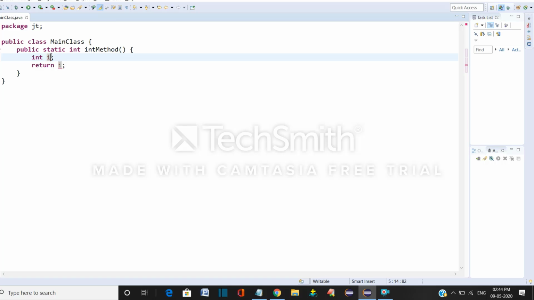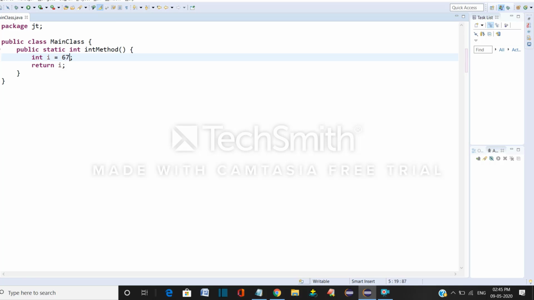I am declaring a variable as integer, so it is of integer type. The value of i should be an integer. It should not be any character or any floating value, otherwise it will show an error.